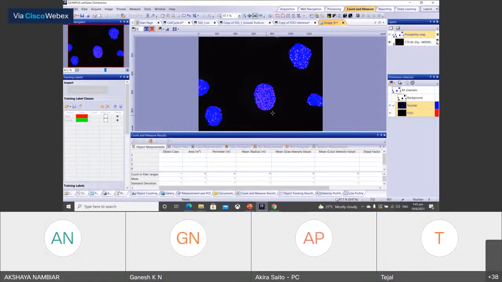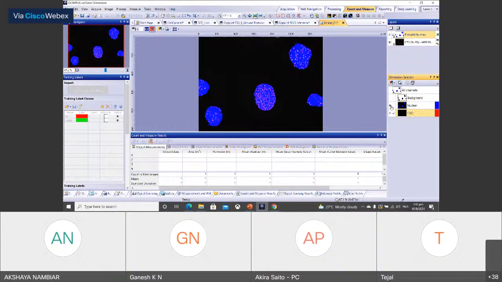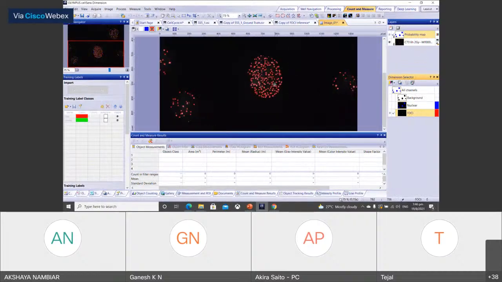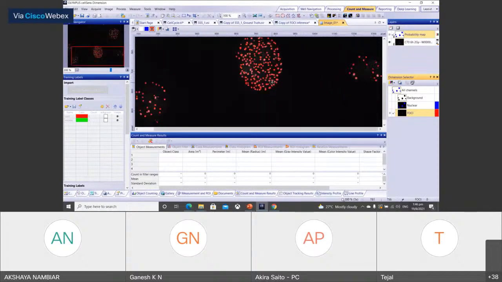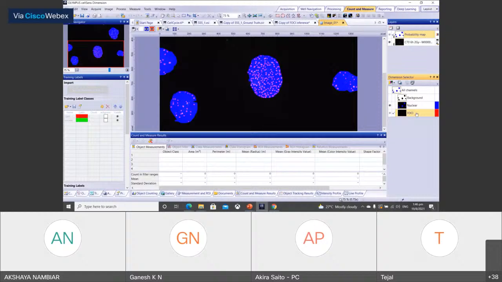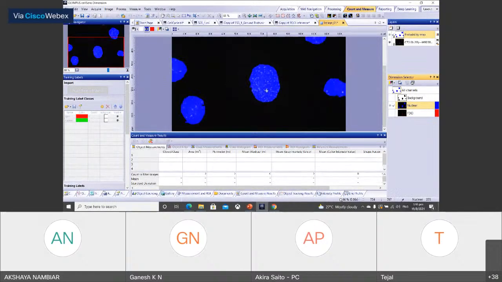So it is shown like this. This is a probability map of the foresight, and this is the probability map of the nuclear.